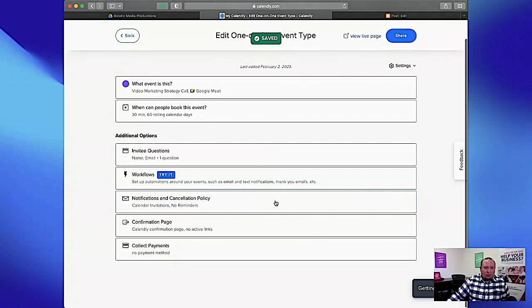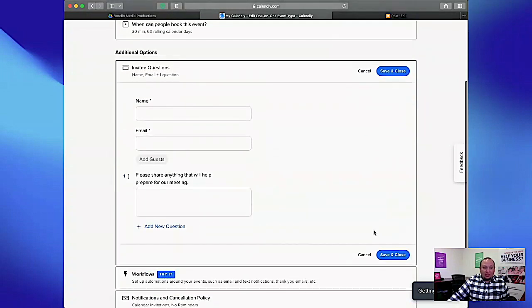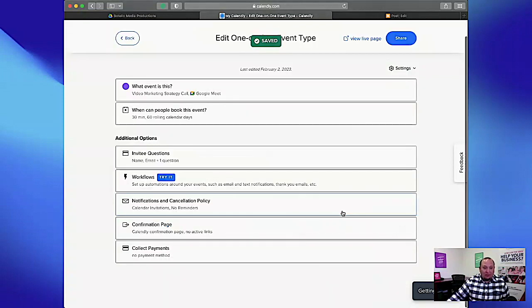So we'll save and close. There are some additional questions, so you can get more information before you actually meet with the customer. You can do that here. There's some workflows and automations,